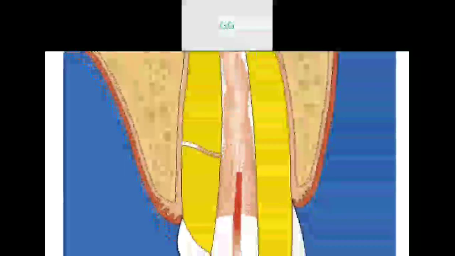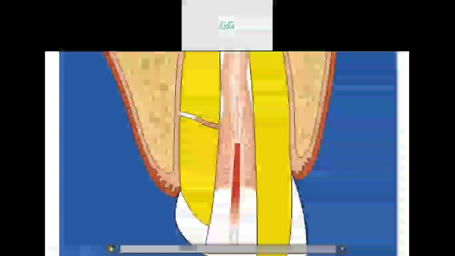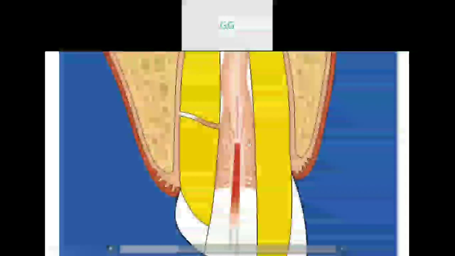So this is what we intend to do in Dr. Herbert Schilder's technique of obturation: when we carry the heat carrying instrument, it is inserted only 3 to 4 mm deep inside the GP point. What it does is soften the gutta percha. However, it does not liquefy the gutta percha completely, and it transfers the heat throughout the gutta percha cone, but it only travels a short distance of 2 to 3 mm, and this heat does not reach the apical end of the gutta percha master cone.